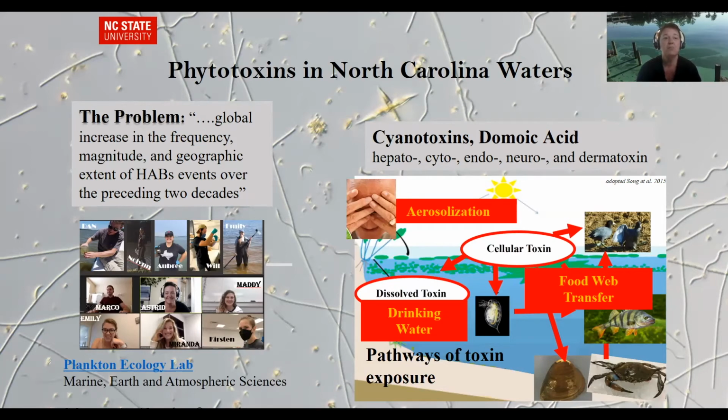So what you see right here is the bloom forming, and so long as the toxins are still contained in the cells, as a cellular toxin, they can be consumed and passed on and bioaccumulated over the food web. And all of these little examples have been implicated with these events. If the toxin leaks from the cells, it makes it into the drinking water. That's a potential concern. And then also during recreational use, you might ingest some of these toxins. Another series of studies also shows now that for cyanobacteria, the aerosolization of these toxins is an issue, and our lungs are really good filters. So there's a variety of impacts they can have. And if you go to the next slide,